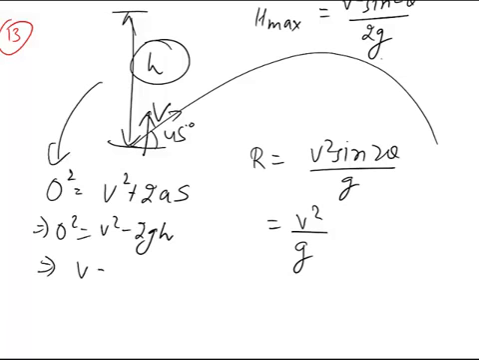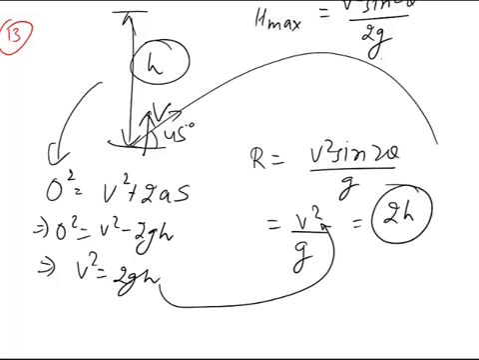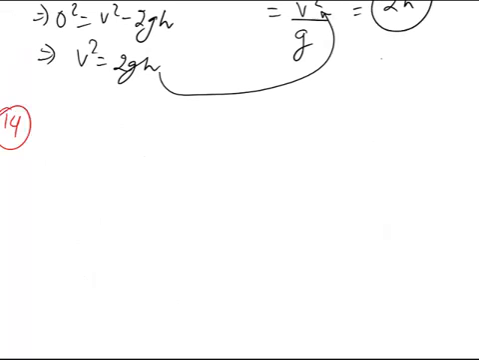So v square is 2gh, and if you put this same v, because the man's ability is the same, he can throw with the same velocity v, so the range becomes 2h. Answer D. Question number 14 says a stone is thrown at an angle theta to the horizontal, reaches a maximum